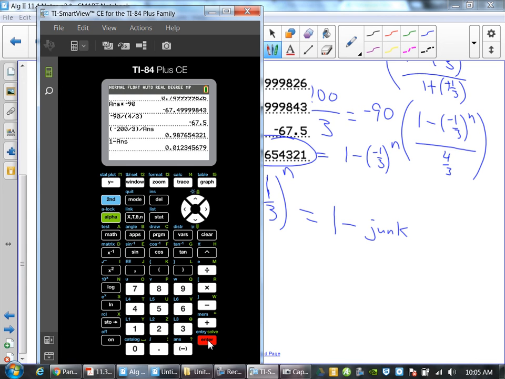There's no 8. So if I log base this with a 1/3,